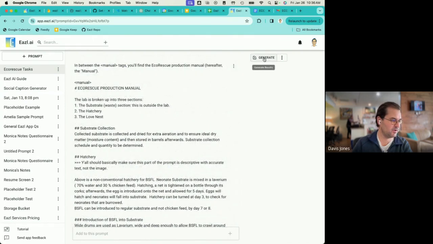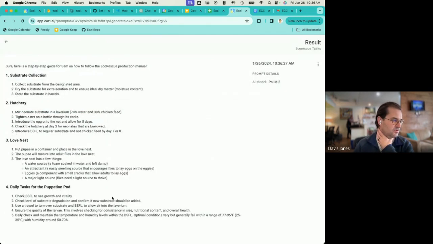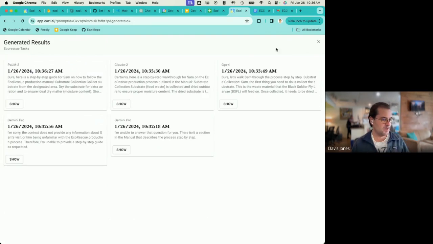Okay, cool. Just out of curiosity, let's try Palm. I don't think this will really impact you too much, Monica, because this prompt isn't that expensive. GPT-4 was only like 6 cents to generate it. Not that bad. But if you can use these Google models, oh, look at that. Palm was pretty good. Yeah, these Google models are super affordable.